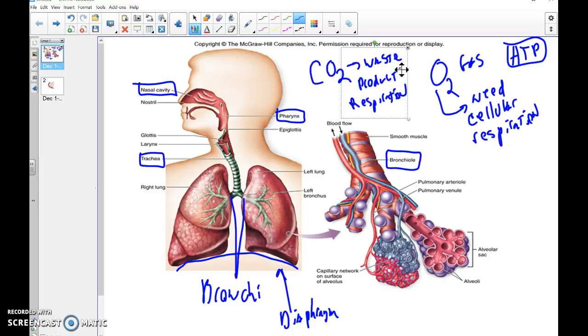You have your nasal cavity. It's actually always preferable to breathe in through your nasal cavity, although I'm sure you're all aware you can breathe in through your mouth, and that's because your nasal cavity and your mouth both meet in the same place, and that is the back of your throat. You take in air, it goes here. You take in air through your mouth and it goes there, and the area they meet is the pharynx.